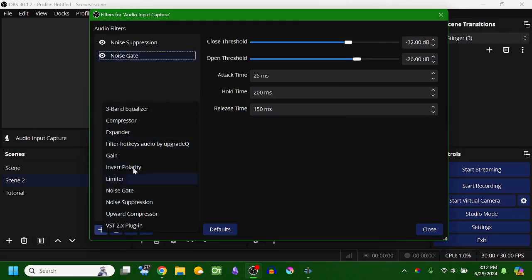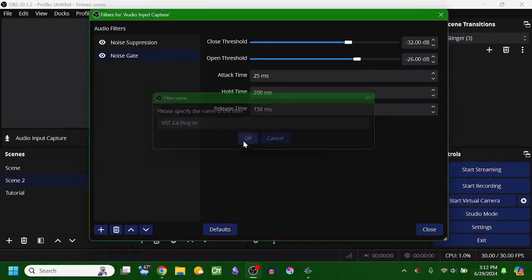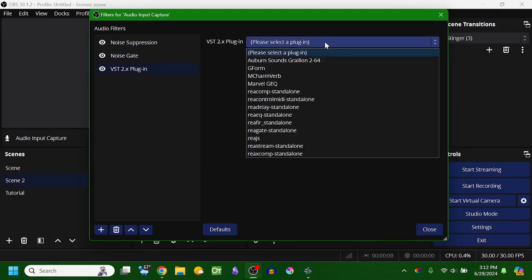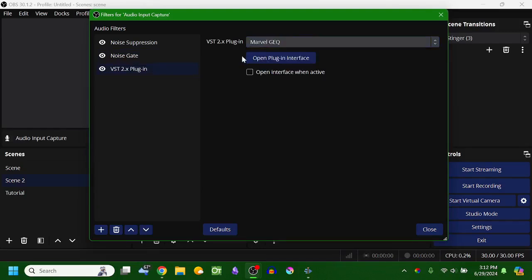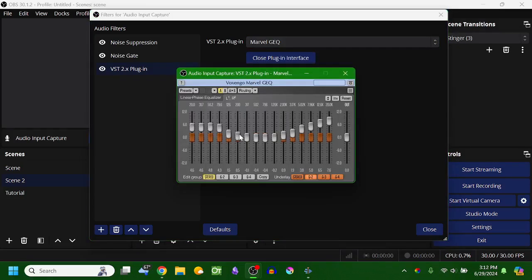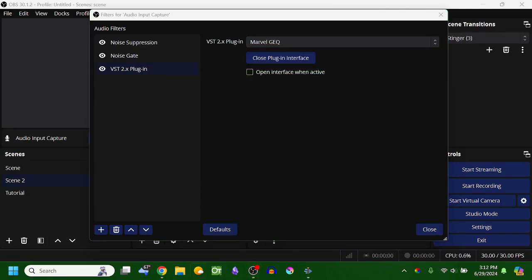Marple GEQ, and you hit VST plugin, or this plugin. I'm going to show you how to download it in a minute. And then you hit Marple GEQ, open plugin interface, and this is basically just a more advanced version of the 3-band equalizer. If you want to download this plugin,